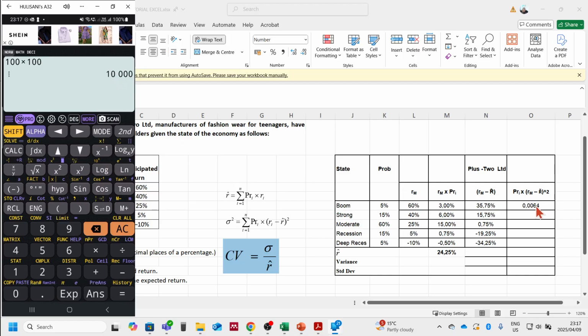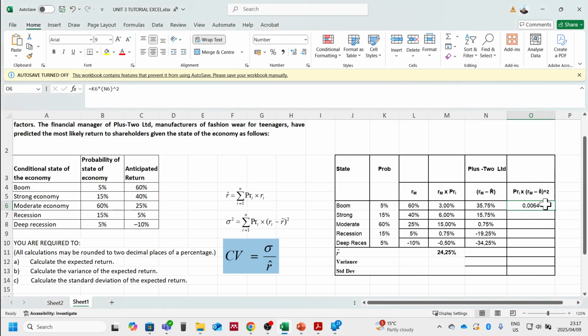So to cancel this 10,000 format, we multiply this figure by 10,000. Therefore, this figure will give us the exact amount in percentage format, to say that our variance for this particular state of outcome, which is boom, is